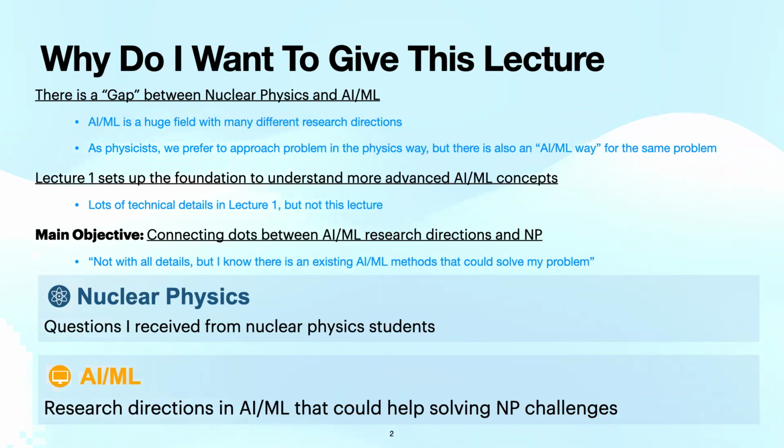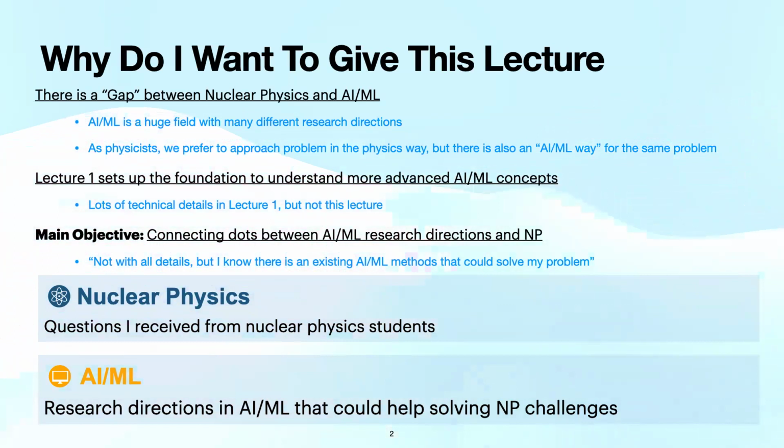So why do I want to give this lecture? Because I feel like there is actually a pretty large gap between the AI ML community and the nuclear physics community. The AI ML is a very, very huge field. I attended an AI ML conference a few years ago. There were like 5,000 participants. Everyone was staying in this huge warehouse to look at posters and listen to talks. It is much, much larger than a conference that we go to in nuclear physics,